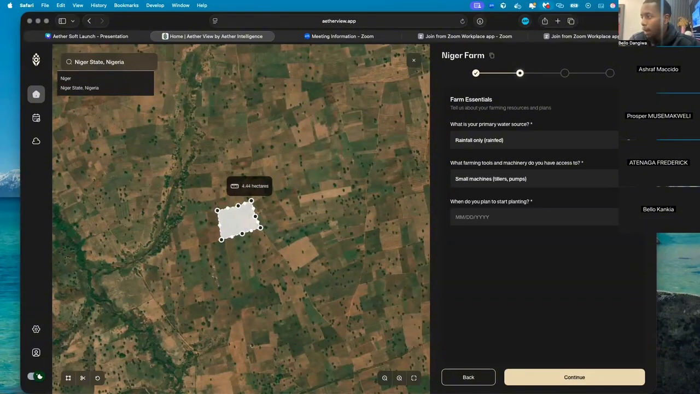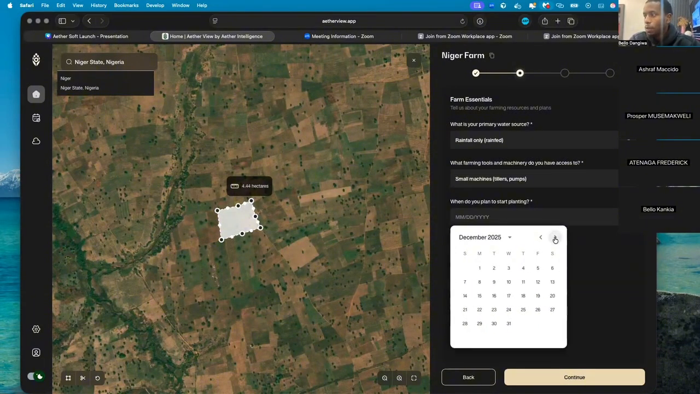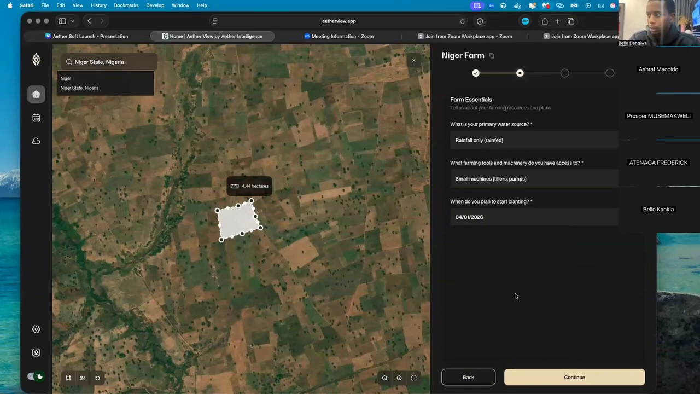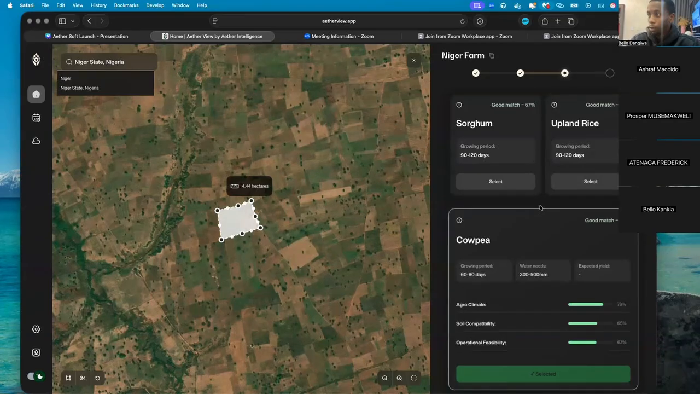And when do I plan to start planting? So I'll aim for maybe April. Let's say April 1st. But this is just when you are about to start, you have an idea on when to start. So we continue. So from there, it will give you a recommendation of the best crops to grow on that